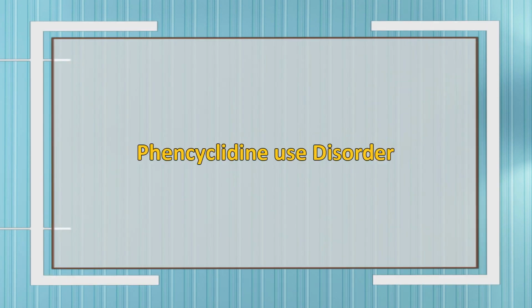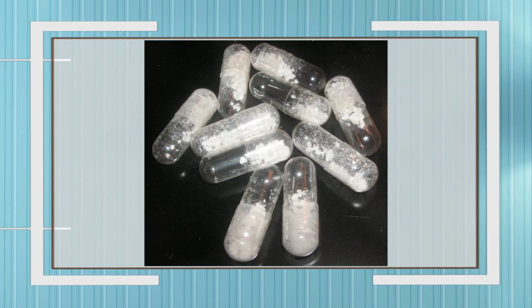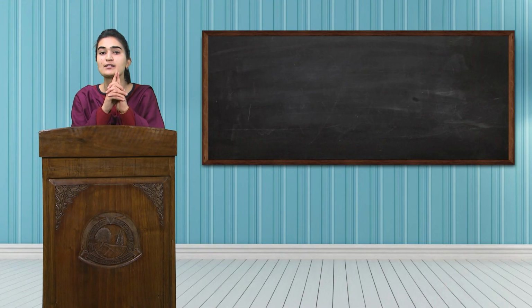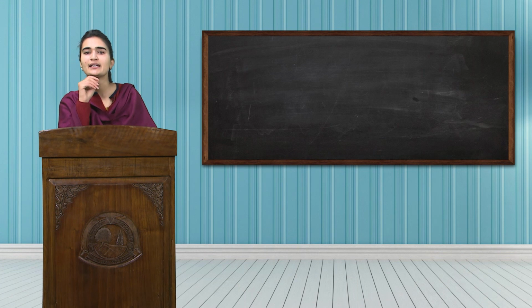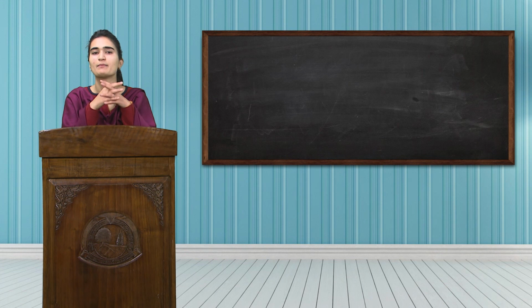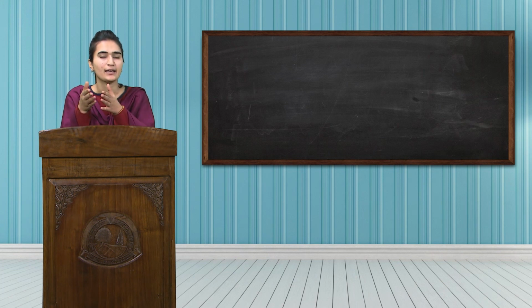Now, phencyclidine use disorder. Phencyclidine, PCP, was introduced as a dissociative anesthetic agent in the 1950s. However, its use was soon restricted to veterinary anesthesia as some human subjects developed delirium while emerging from anesthesia. Classified as an atypical hallucinogen, street names are peace pill and angel dust. PCP selectively antagonizes the neural action of NMDA,